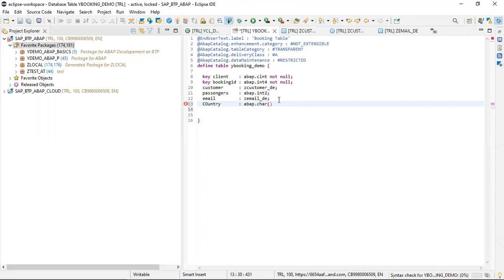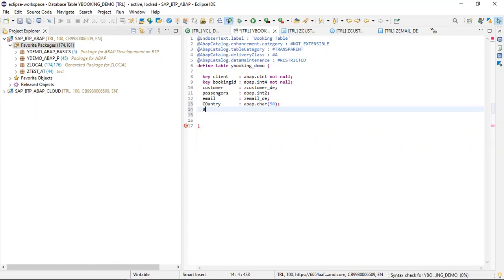Okay, just to save time, I'm using the same. But when you guys create a table, I prefer to create a data element for all fields, then use the same in the table. Okay, so after this I need date,